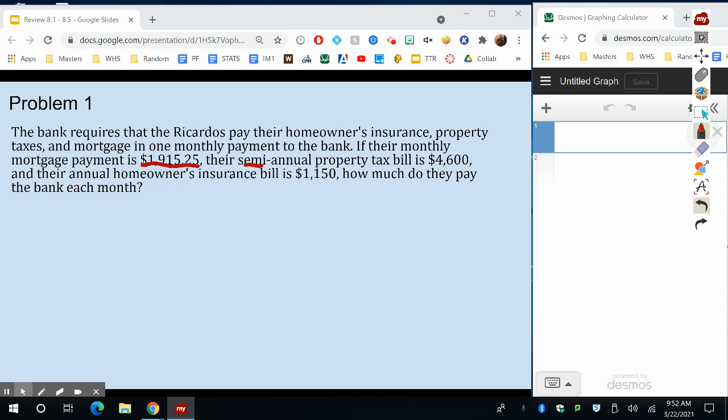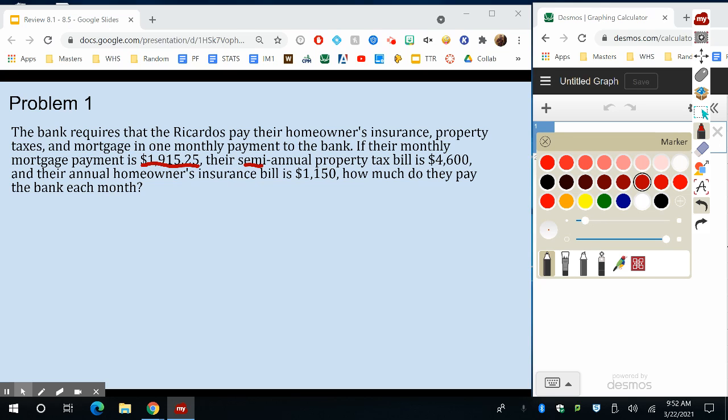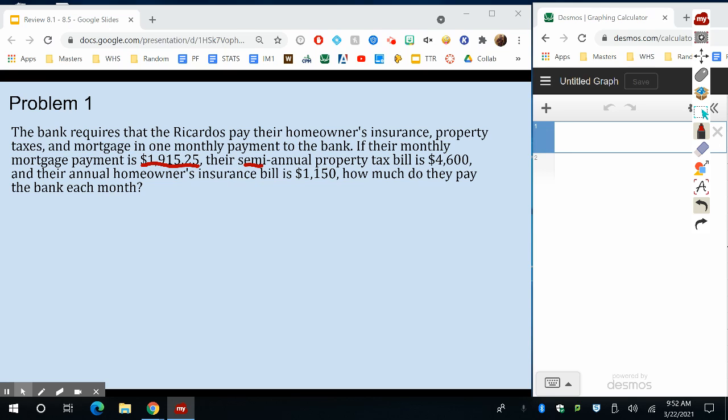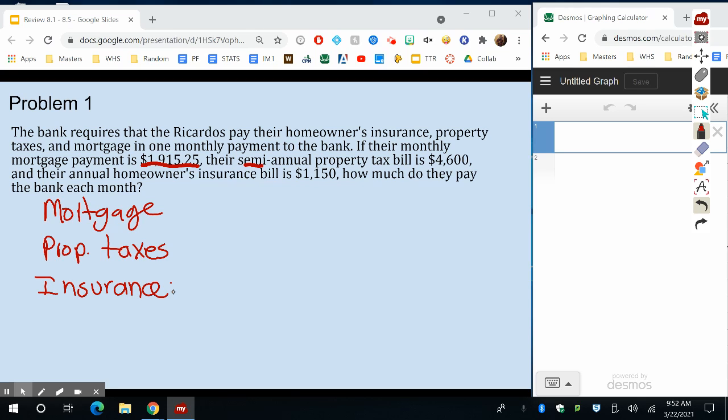So that's what we're going to do. We're going to have the mortgage, the property taxes, and their insurance. Okay, so their